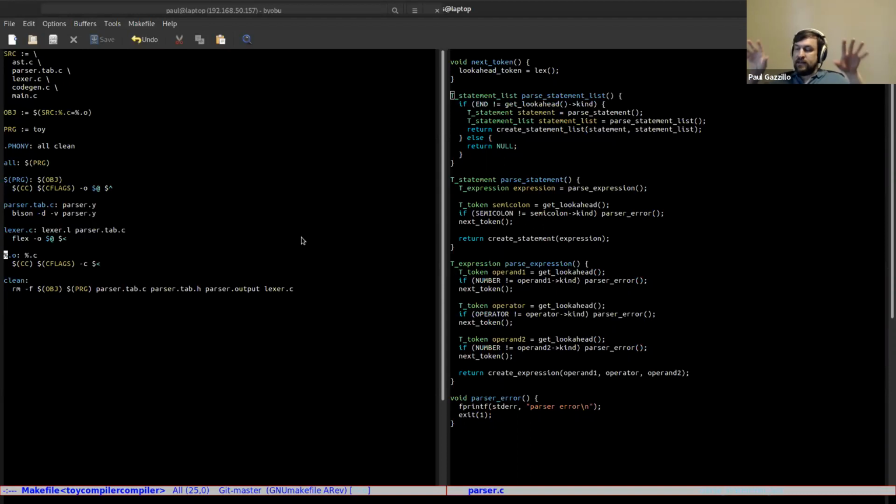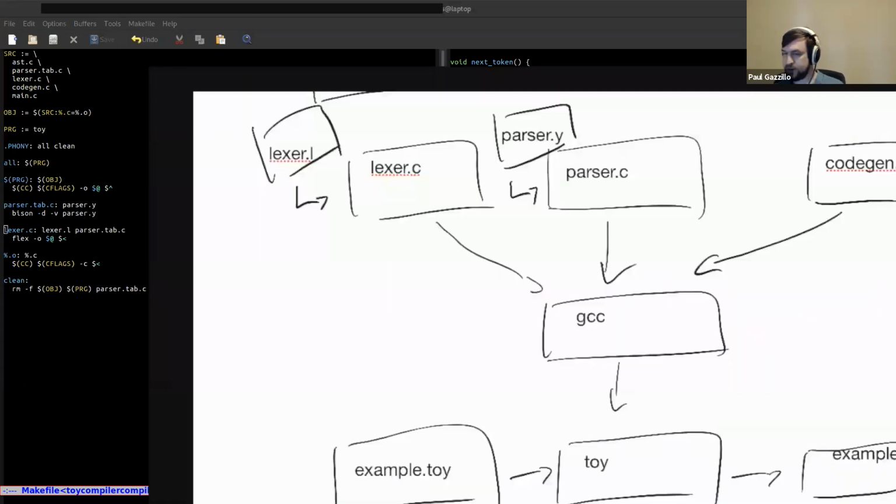Okay, so just understanding that this sets up this series of recursive dependencies on which files change. If we want to have generated files, let me show a little, if we think about this as a tree of dependencies where in order to compile lexer.c, we first need to call flex to generate lexer.c. And in order to compile parser.c, we need to call bison to generate parser.c. We can use a makefile to help us organize the dependencies between these generated files. So rather than having to write a bash file that makes sure I run bison first, then run the compiler, and always rerun this generation every time I recompile my whole compiler, we can just define new